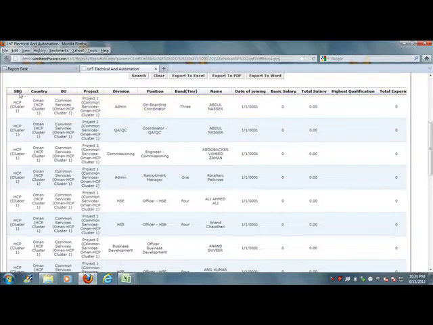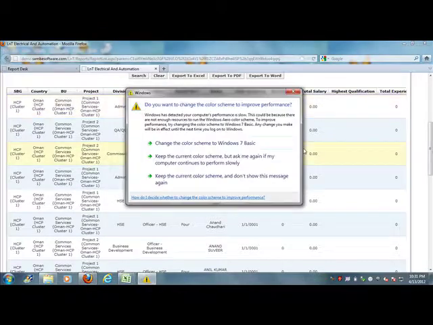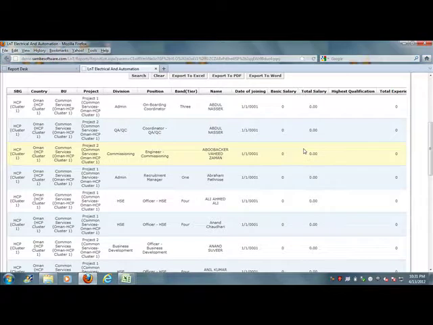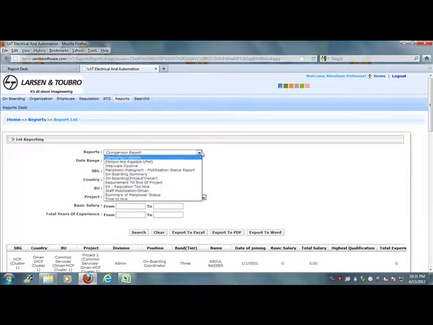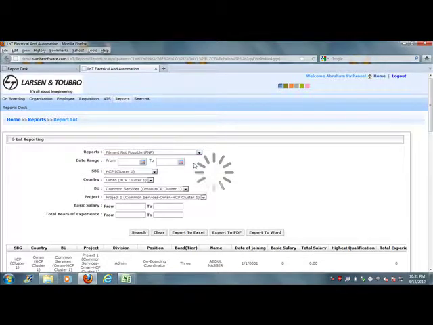It means that under SBG as HCP, under a particular country that is Oman, under BU that is Common Services, under Project 1, the division is admin, the position is onboarding coordinator, the tier level is 3, that is grade, then the name of the candidate, his date of joining, his basic salary, his total salary, and then his highest qualification and his experience. In this way you can see the comparison report. Our next report will be the fitment not possible report.